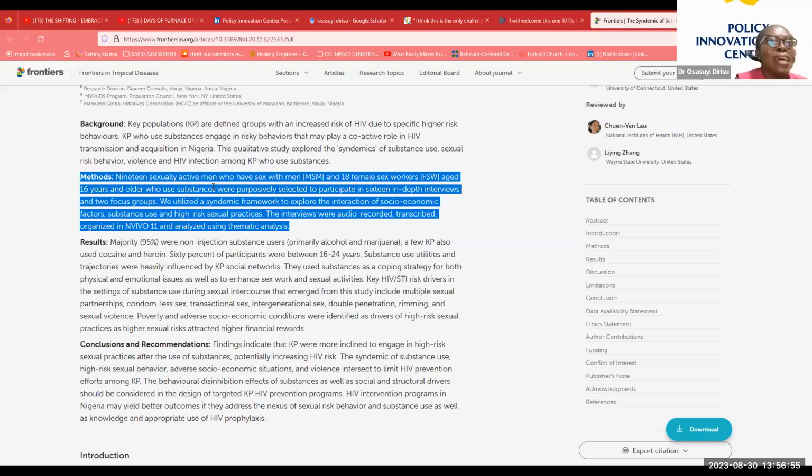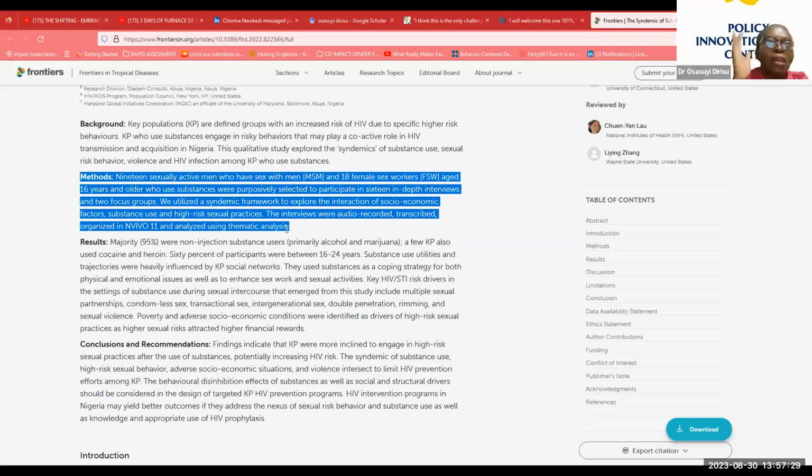So the next sentence, I talked about how we engaged on that project. We used a framework, and what we were trying to do was to understand socioeconomic factors, substance use, and high-risk sexual practices. After I got all this information, what did I do with it? We audio recorded the interviews, we transcribed the interviews, we organized them in NVivo and analyzed using thematic analysis. Just from this summary alone, and I'm happy to share some examples that can be sent to our email,